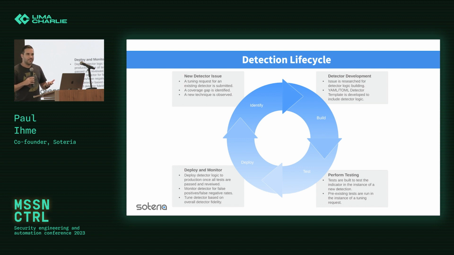You want to test these things, and ideally when you're testing them the first time, you want to be able to build out an environment to go and simulate these attacks in a way that mimics real-world adversaries. But at the same time, you also want to be able to build unit tests. That way you don't have to go and build a VM or a virtual environment and run Caldera or Atomic Red Team every time you make a change to these things, right? Because that becomes massively inefficient. So test it once the hard way, and then capture that data. That way you can test it over and over again the easy way.